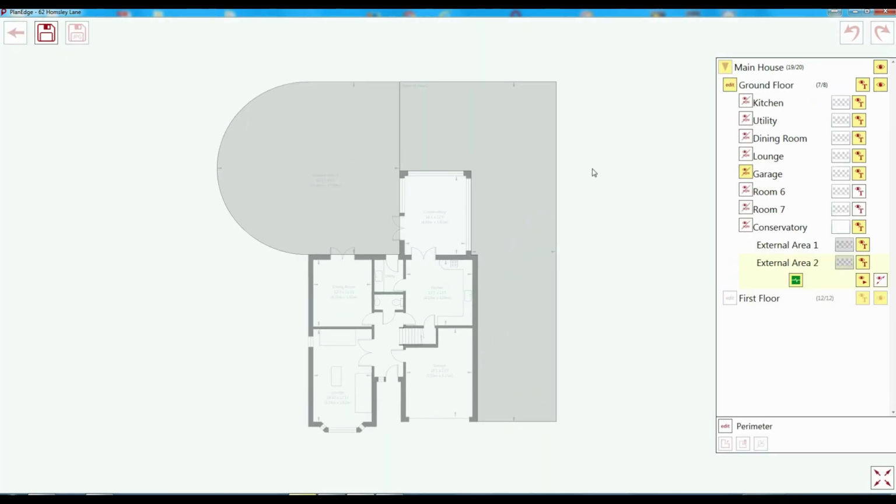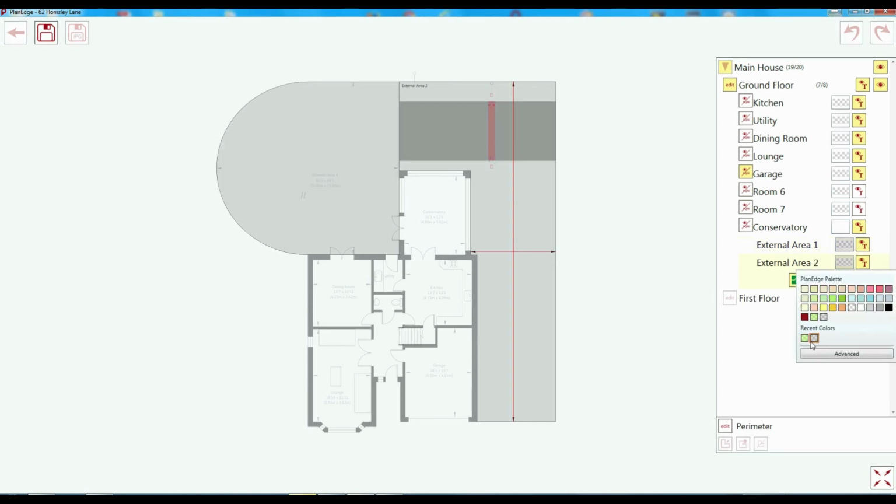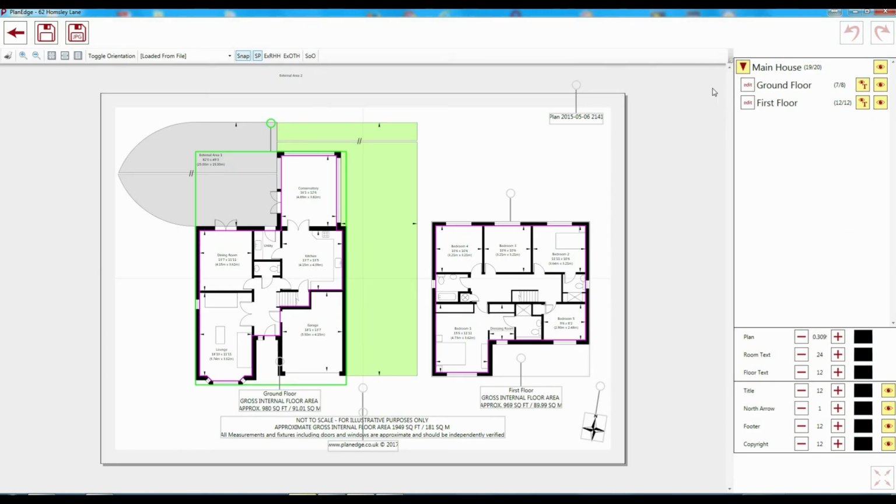I can color those spaces. We have two default colors: one that we use for the patio area and one that we use for the grassed area. If I select on here, you'll see these two colors are here, labeled outside space. I'm just going to make this a green one. You can use any color you like, as you can for any of our other rooms. And that will then show us a plan with an outside space, which shows us both a patio area and